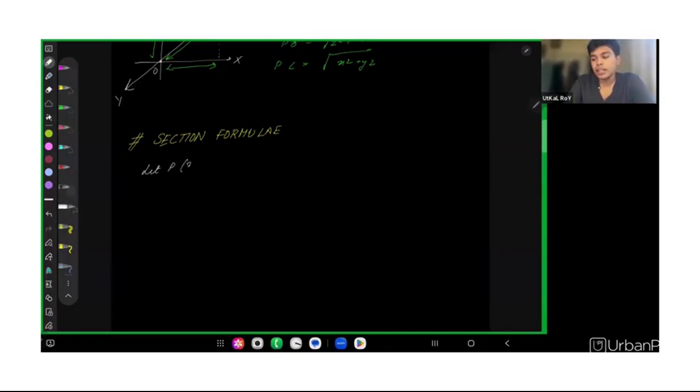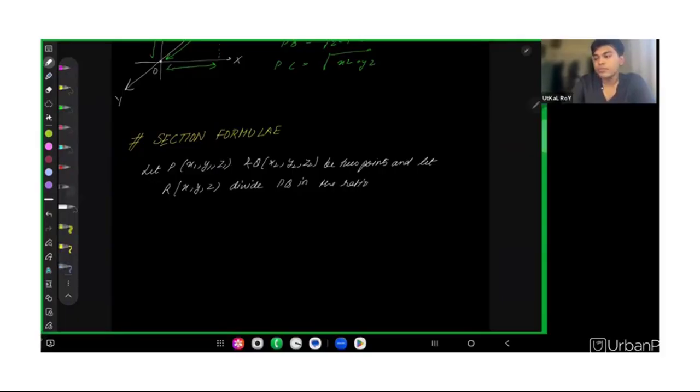Let P (x1, y1, z1) and Q (x2, y2, z2) be two points, and let R (x, y, z) divide PQ in the ratio m1 is to m2. Then the coordinates